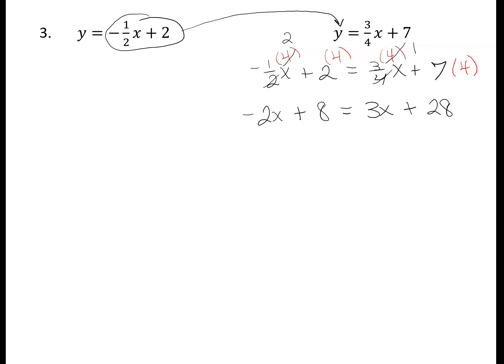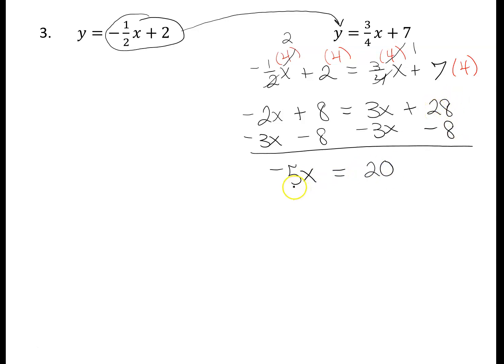Okay, now we need our x's on the same side. It does not matter, left or right. I'm going to go ahead and subtract 3x. And then I'll move the 8, minus 8 on both sides. That's going to give me a negative 5x equals, and I'm going to do 28 minus 8 would be 20. So we divide by negative 5 and get x is negative 4. So we know that there is going to be one solution this time because we were able to find a value for x. Then we're going to plug that